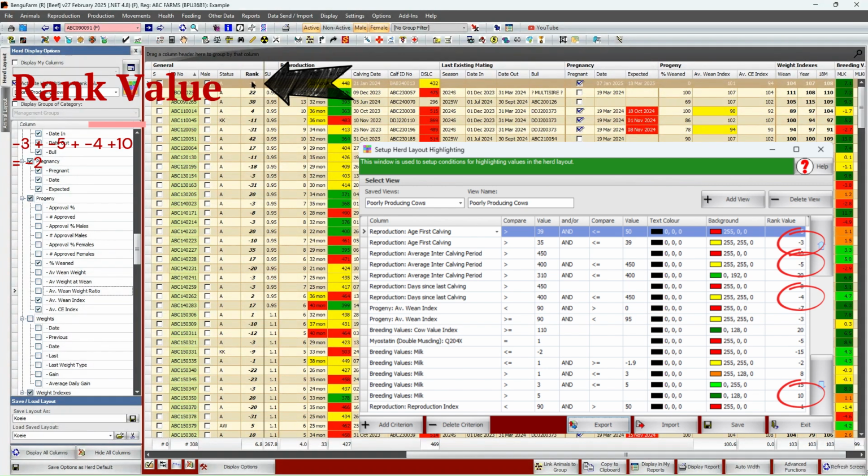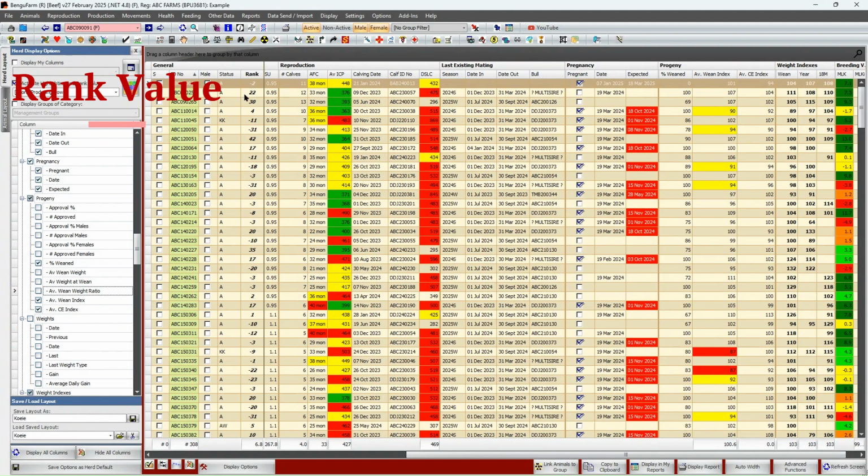So that is where that -2 comes from. For each animal, we correspond to the parameter setup in the herd highlight, they will add up, and a single rank value will be given. So you can more or less see this rank value as a type of selection index, if you want.